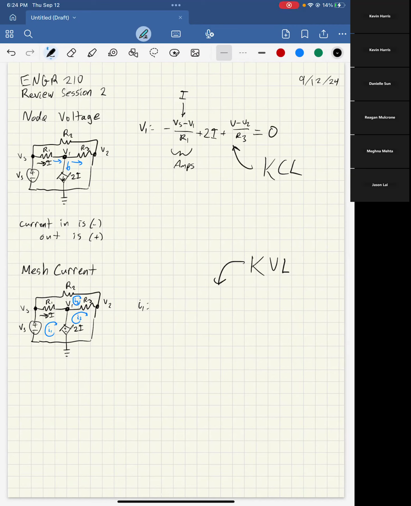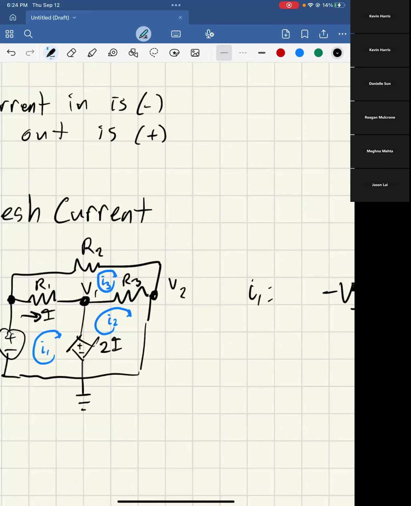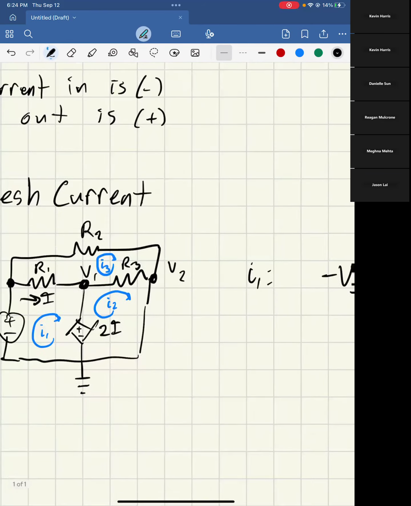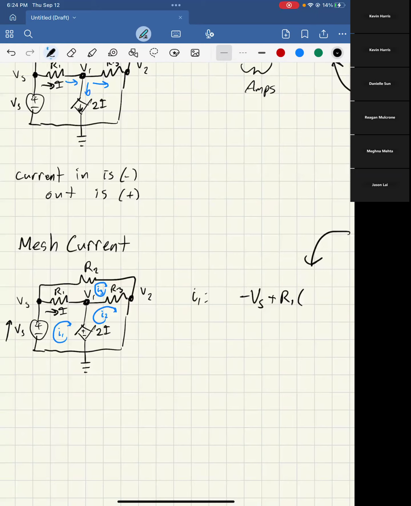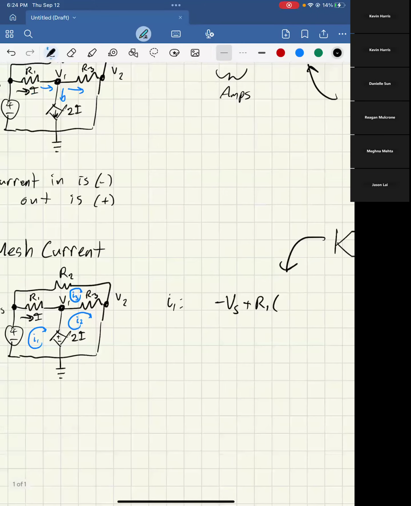Here, this voltage source, because it is in the same direction as the current, it's going to be a negative Vs, because we want the voltage drop to agree with the current. Here, the voltage is going up, so it's negative. And then plus, we have that R1, so that's going to be some resistance. And then this is where you actually create the relations between the equations of mesh current. It's going to be I1